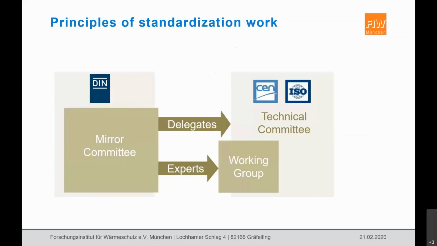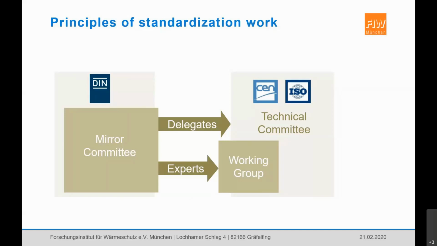Okay, what is the organization of standardization work? The so-called technical committee is responsible for the standardization work of a certain product or product group, or standardization for certain topics. So, for example, for our new project, we have chosen the TC 89. This is the TC responsible for general building physics, so it's a more topic-related allocation. Our possibility could also have been the TC 193, for example. This is for adhesives in general, so it's a more product-related allocation.